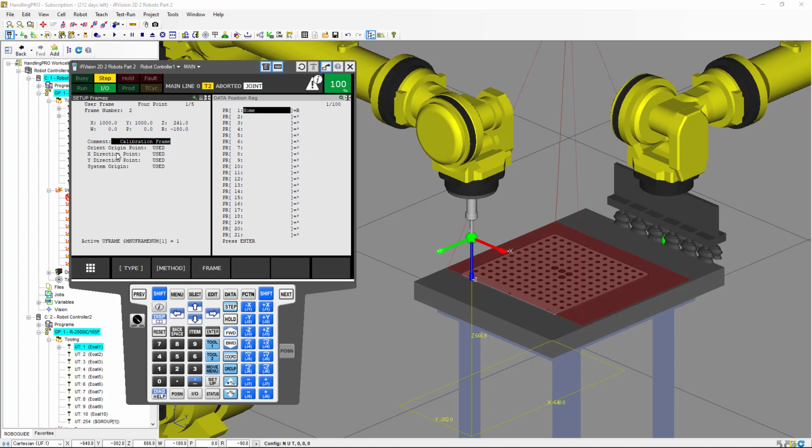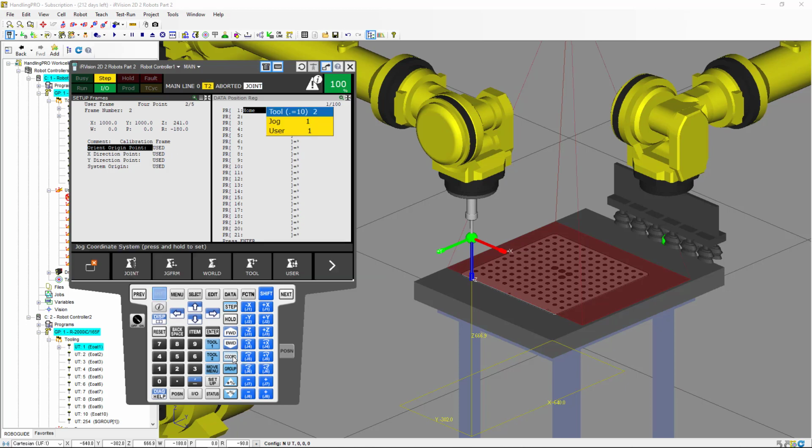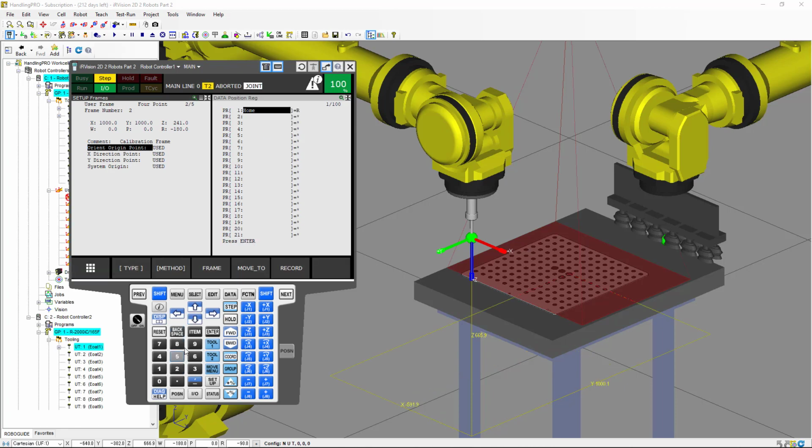calibration grid frame. So we're gonna change the coordinates. We're gonna select the user tool number 2 and the user frame number 2. We're gonna set the origin. In my case, this is already set. So we're gonna go to Shift, Move to,